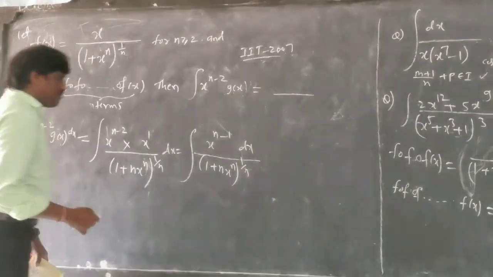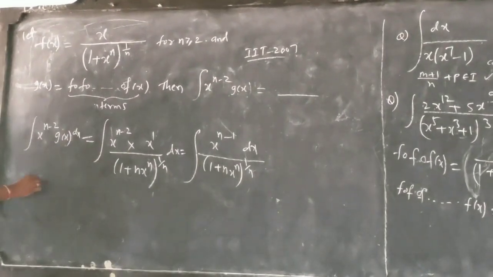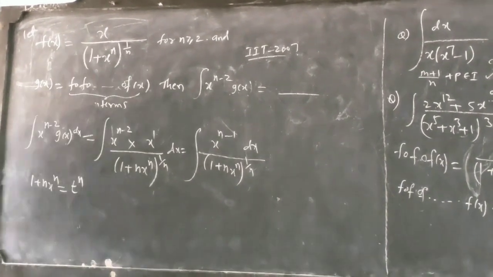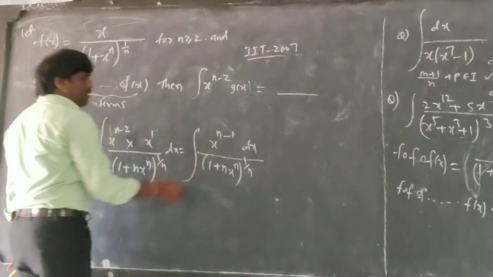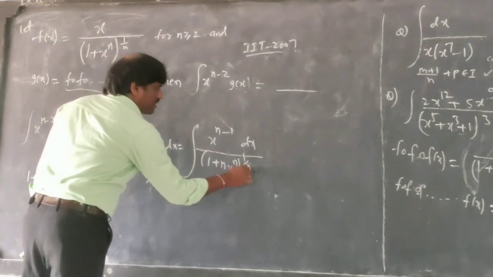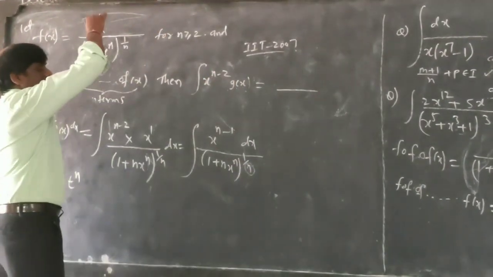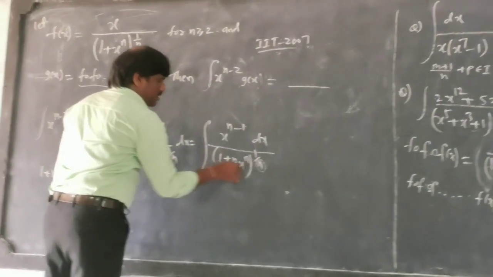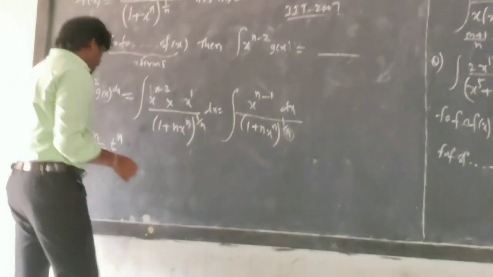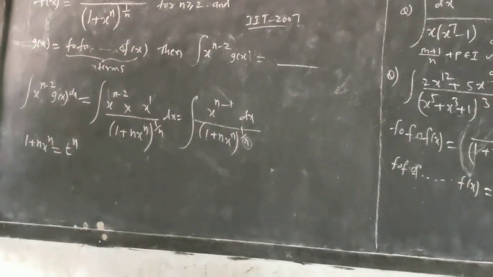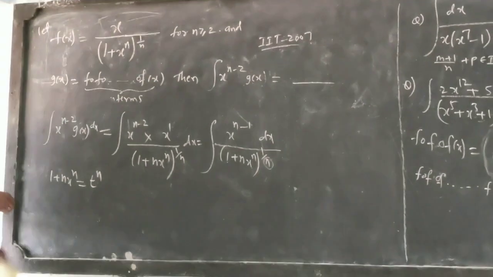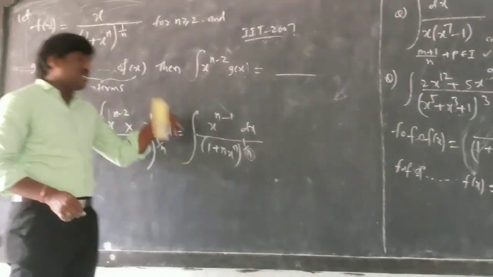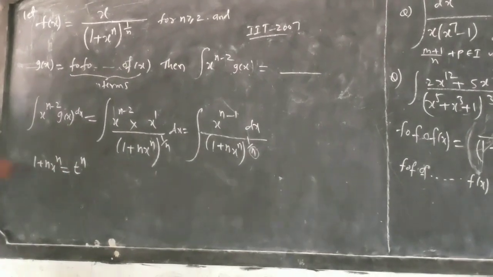To integrate this one, what I am doing is 1 plus x^n, I am taking t^n. Let us consider this is totally t^n, because this power is 1/n. I just told you case number 2, this power only you should take. So to cancel that one, I can take t^n only. To cancel this one, I have to take this inside one as power n. So power n I took.